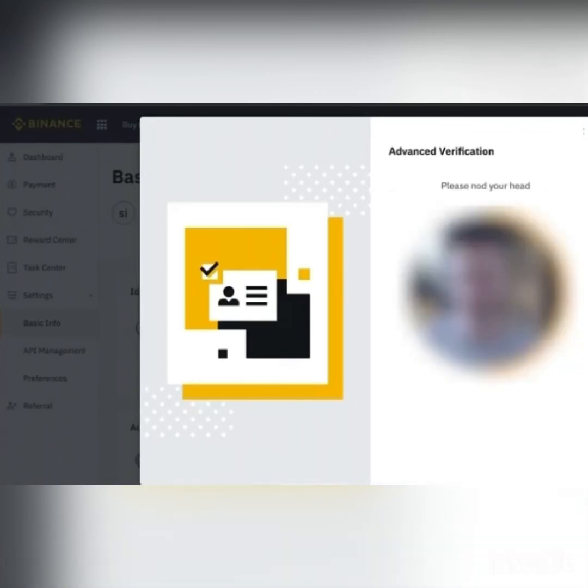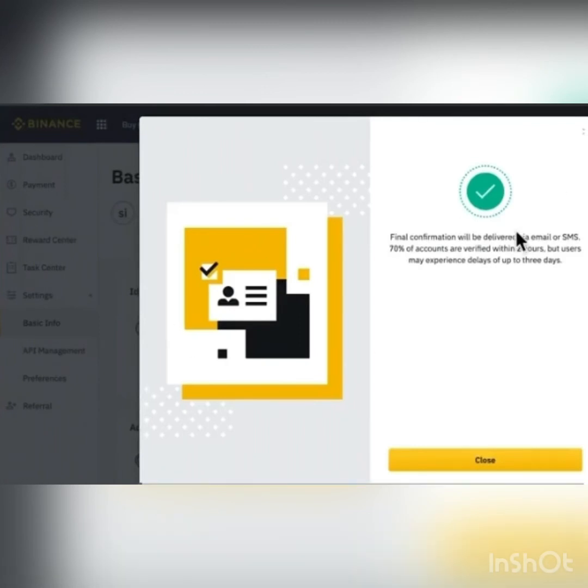And then you're gonna see your camera open up, and they're just gonna tell you to like nod your head, open your mouth, and something like that. I think they just want to see if you're actually a real person. So it takes like a couple of seconds, and then when everything is fine, you're gonna see this screen right here,